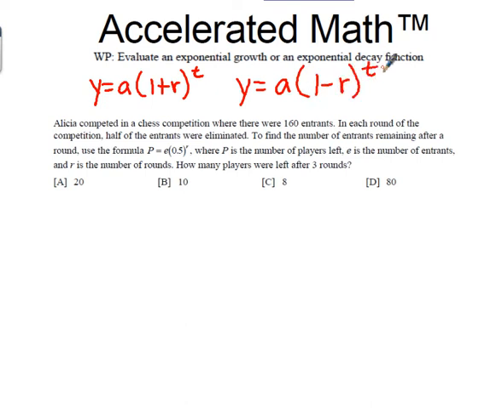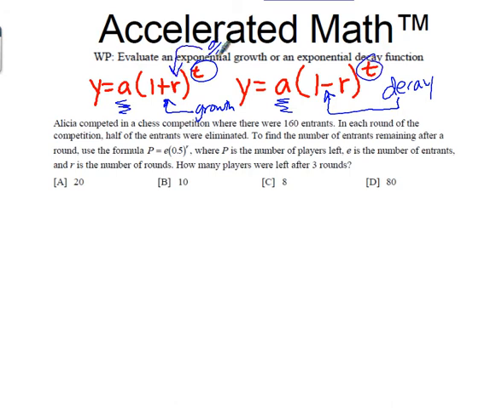Okay, so this one over here is a decay, and notice it's got the minus sign in it, so that's a decay function, and this one is of course an exponential growth because it's going up. A generally stands for the initial amount that you start with, and then t is for the time periods, and r is for the rate, and it's usually expressed in a percentage. Don't worry too much about the formulas because on here they're giving us the formula they want us to use